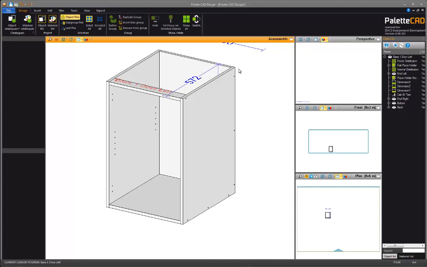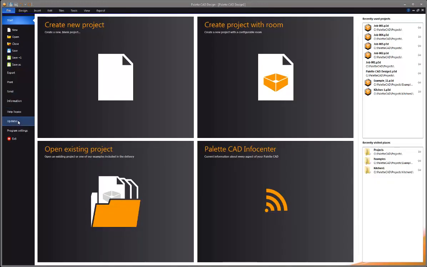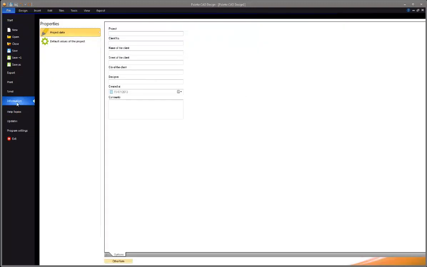Let's make, on the right hand side of the cabinet, the back go all the way through, and let's make the end stop short, so that we've got a different type of construction method. Not standard, but it just shows you how to do it and some of the versatility of PalletCAD. So I'm going to go straight back to File, and down to our information and our default projects,